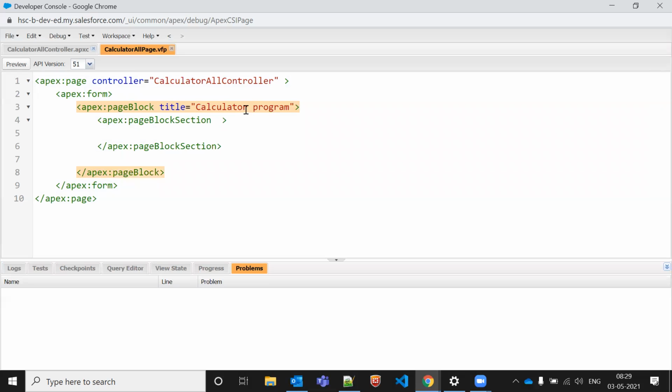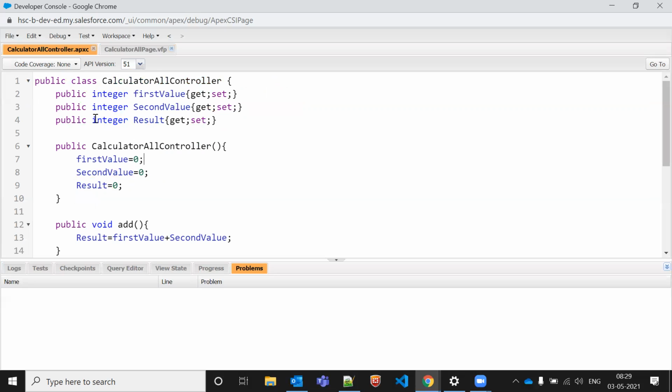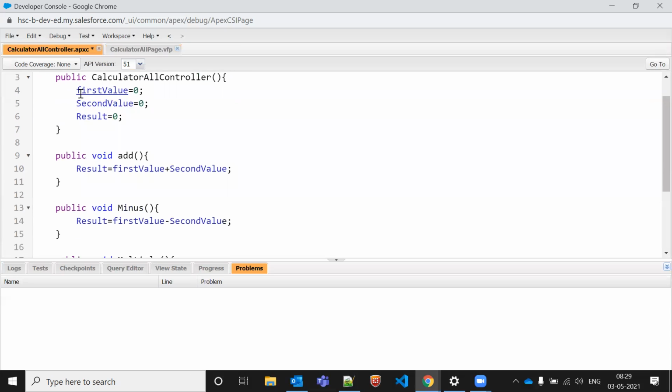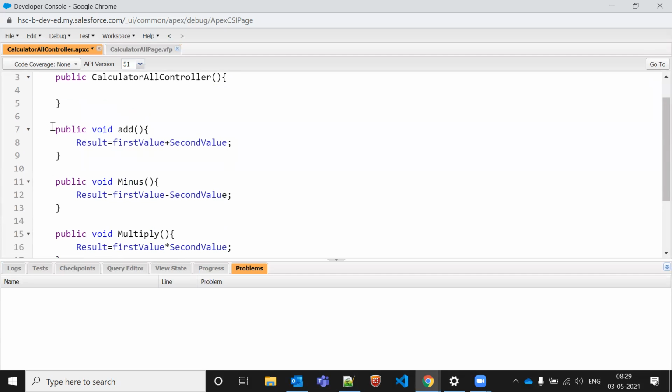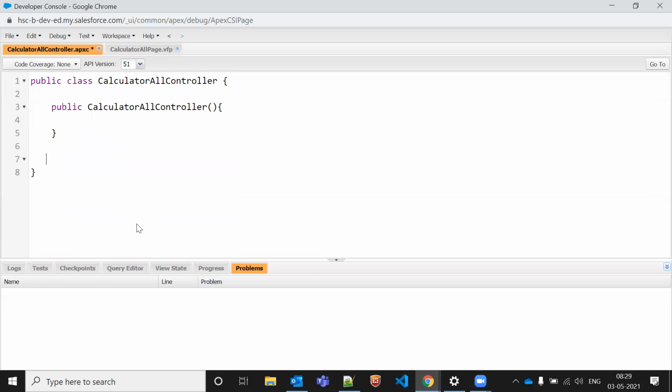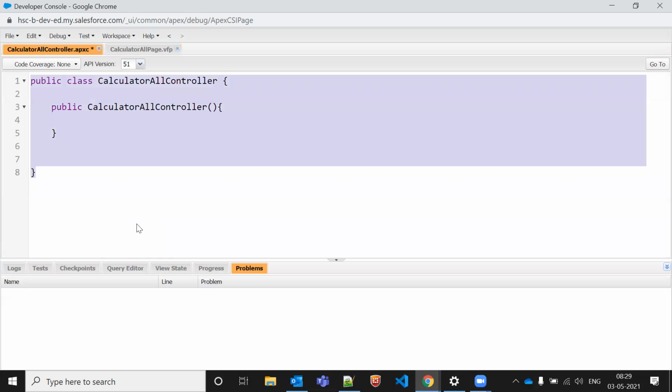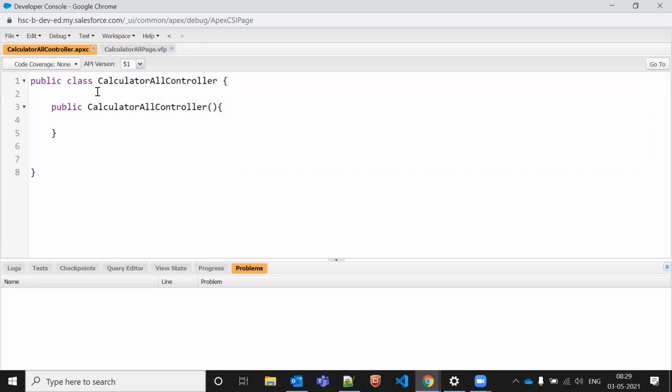Okay, we want to create a record, so let me just go to the Visual Force Apex class, and now I don't need all these values. I don't need all these values. Even I don't need all these methods. Okay, let's start from a simple one only. So what we have to do is insert the records on the account object.